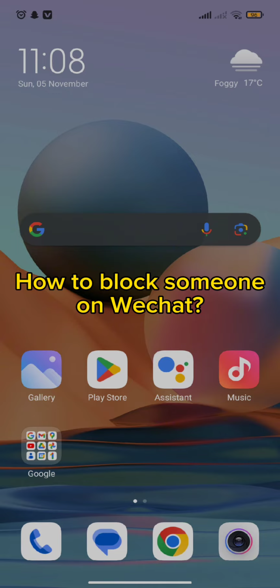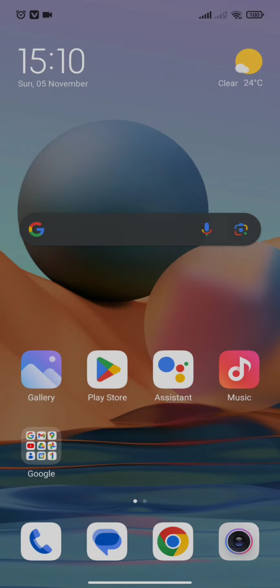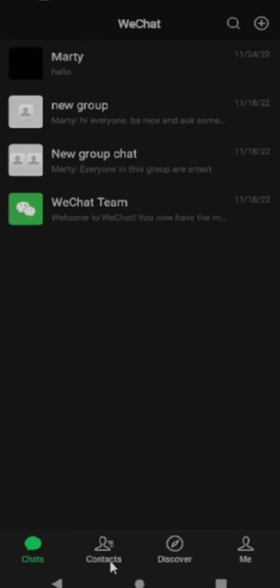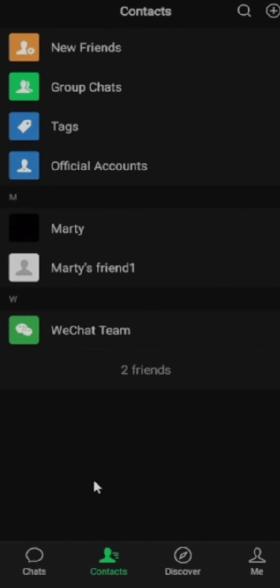So first of all, you need to simply tap open the WeChat app. So once you open the WeChat app, all you need to do is click on the contacts option. So after you click on it, you will have to choose one of your friends whom you want to get